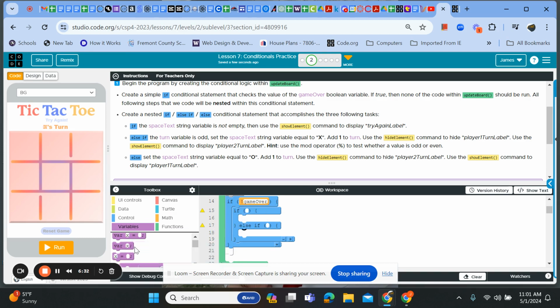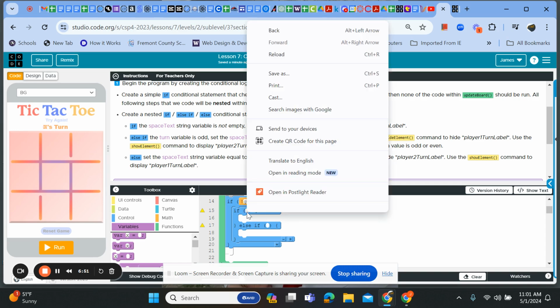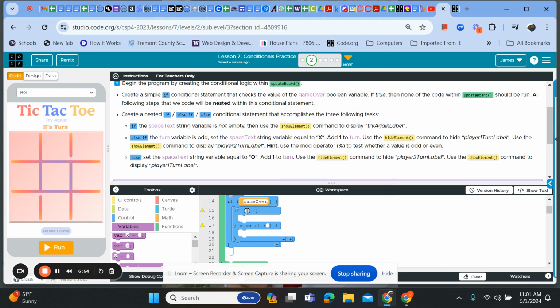All right, maybe I need my math first. Let's read what it says real quick, okay? If space text string variable is not empty, so not empty again, right? Then use the show element. Okay, so that's going to go in there. So here we go. We're just going to type this in. Maybe it won't fight with us as much. And again, camel case, so spaceText. And it says, if the spaceText string variable is not